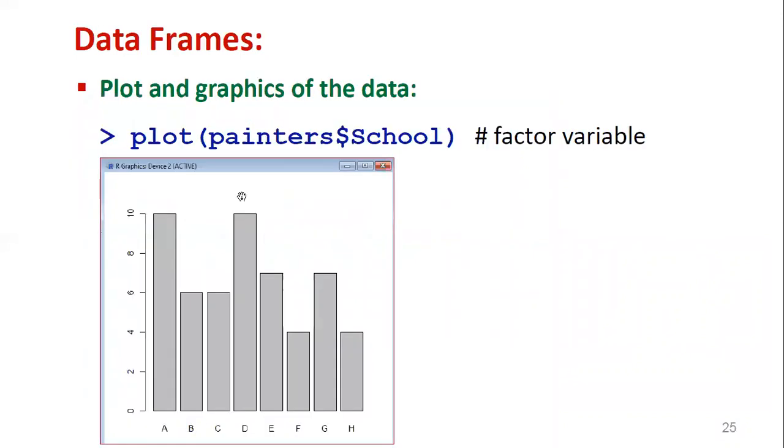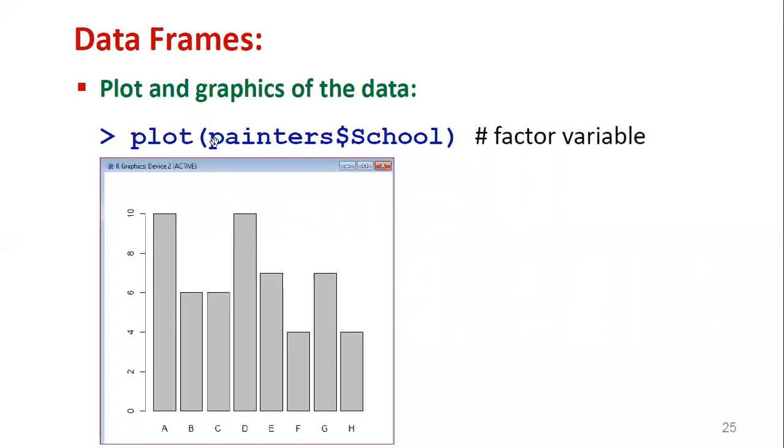Then coming to the last concept in this lecture, plot and graphics of the data. If you want to display the data in the form of a visual, graphical representation, here we will use two examples, plot and hist, which are part of the graphics package.